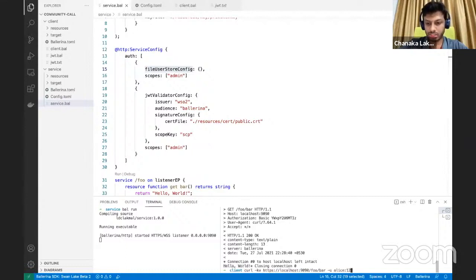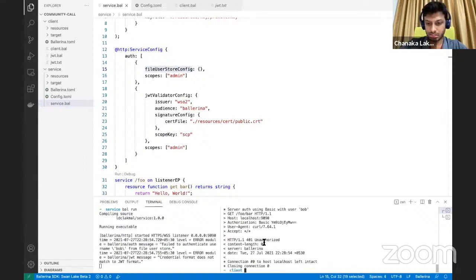And if you invoke this same service with the second user who doesn't have the permission to invoke this service, sorry, the password should be 456. Now you get the 403 forbidden. It means the Bob user doesn't get authorized to use this.